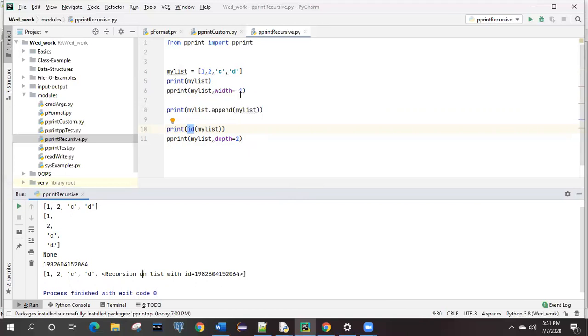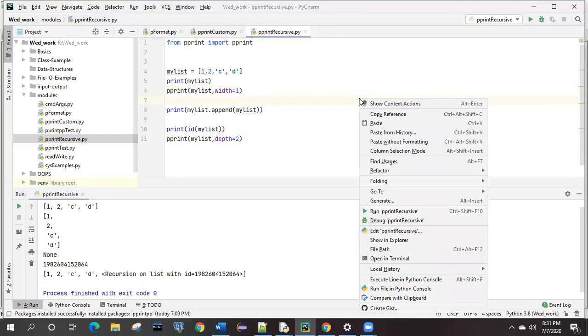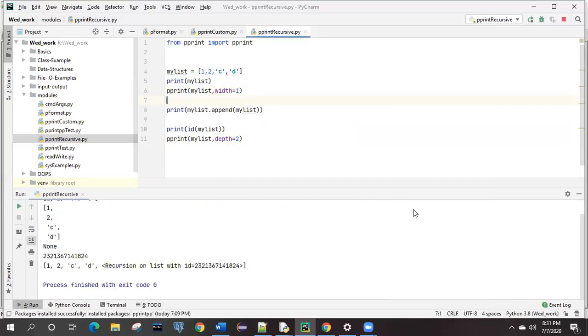So you can try to change this value and we can see what different output you are able to get. Now here you can see the ID of this list itself is getting changed, so it is a secondary matter. You just check it, because I am not telling you a lot of methods are available, but I am telling you that this kind of syntax is available in Python, that it can be called recursively, and you have seen that after appending it, if you are calling with the depth as 1, it is going to give you the three dots.